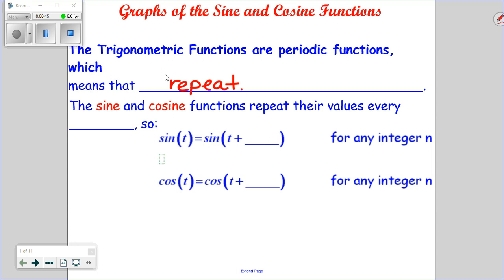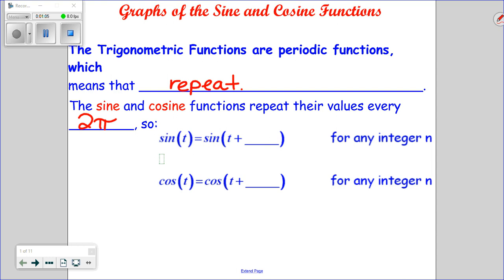For sine and cosine, the period is 2 pi, which remember is a full revolution on your unit circle. So sine and cosine functions repeat their values every 2 pi, which I hope makes sense, because if you relate it back to the unit circle,